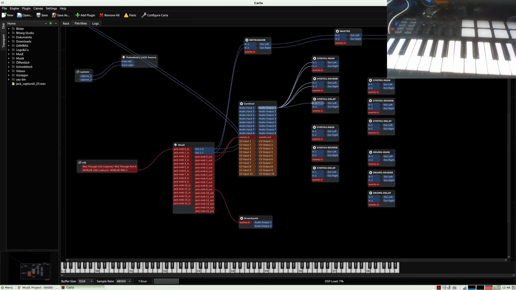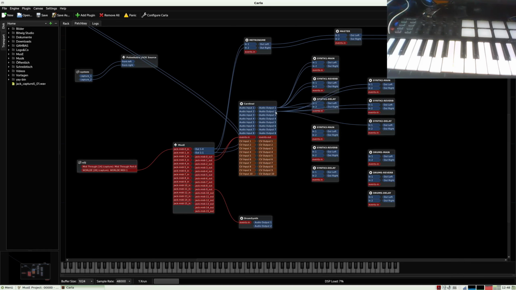I only have 1 channel in the synthesizer, so I connect this 1 channel to left and right, and the second is connected there. The third synth I don't have at the moment, but I have the drums.